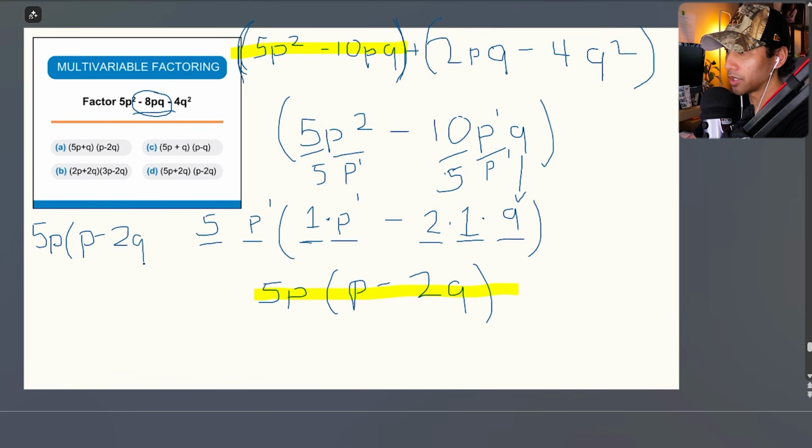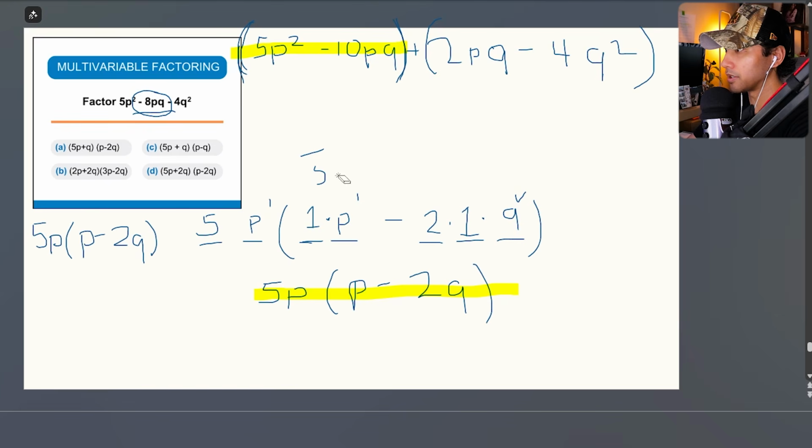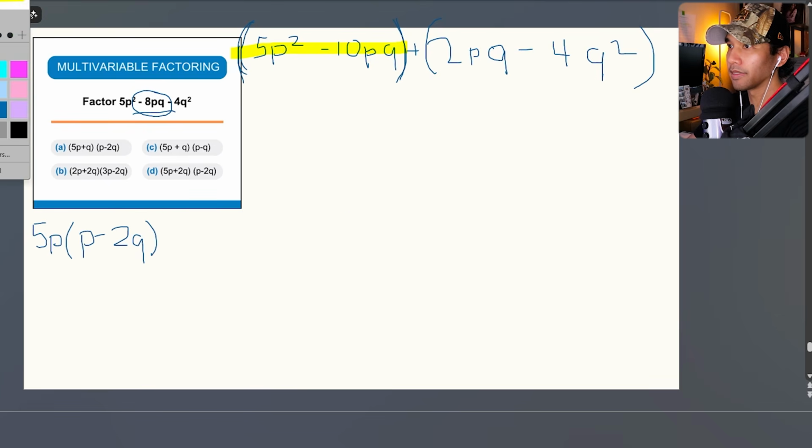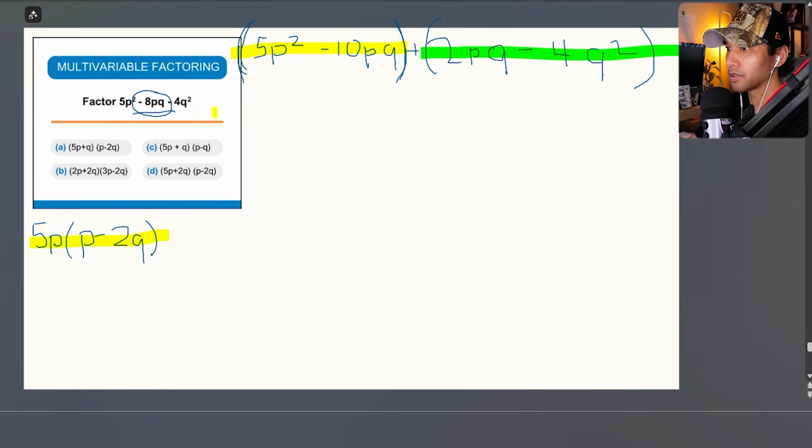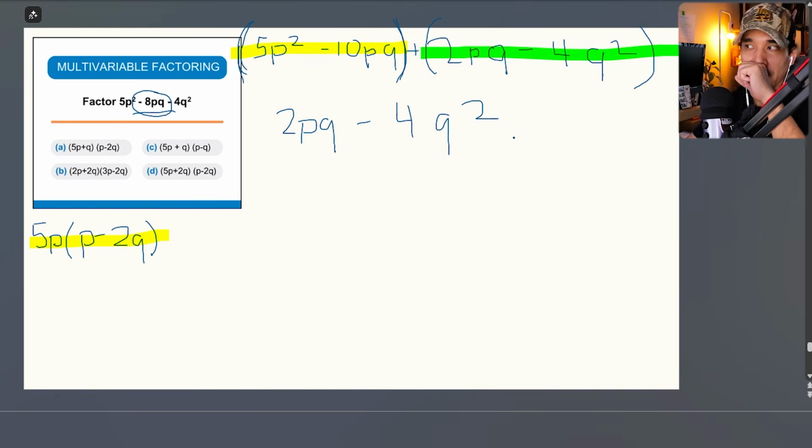5p minus 2q. Okay, I'm going to erase everything, and we're going to do the other side. I will highlight this one in green, and I want to highlight this one in yellow just to show that this is factored out from here. Okay, now we have 2pq minus 4q squared. Just from looking at this, do we notice that there is a missing variable